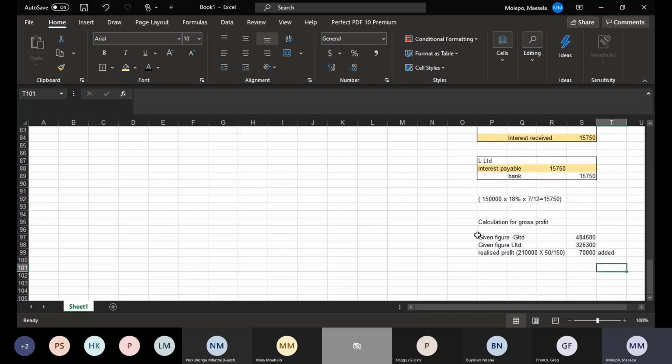And then now we're gonna have the unrealized profit. So the unrealized profit is based on the closing inventory, because the inventory is sitting in the books of L Limited. And at that point, L Limited didn't sell the inventory to the public. So it means he's still sitting with the inventory. So in the books of G, G didn't realize the profit yet because he will only realize the profit once the inventory is being sold by L Limited towards the people outside the group. So we have unrealized profit,